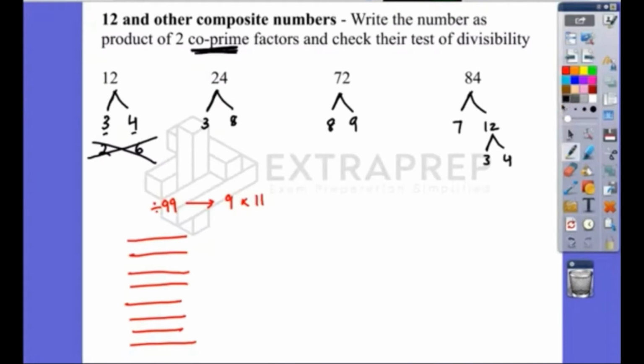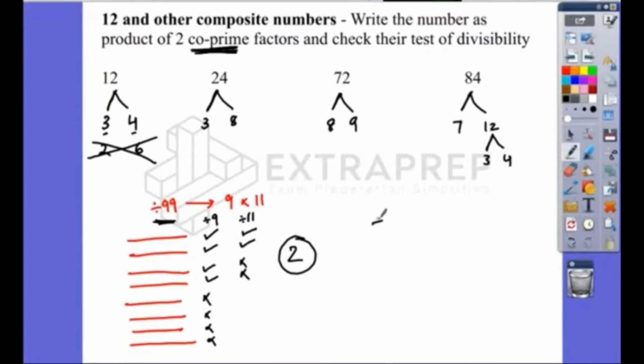So all these 8 numbers, we'll have to check with 9 first. Check with divisibility of 9. You know how to do that, right? Sum of the digits should be divisible by 9. So check with 9. Let's assume these 4 numbers are divisible and the remaining 4 are not divisible. Then check with 11. Check these 4 numbers with 11. For example, let's assume these 2 numbers are divisible and these are not divisible. Now, how many numbers are divisible by 9 and 11? There are 2 numbers. So that indicates there will be 2 numbers which will definitely be divisible by 99. Is that understood? That's how you break numbers.